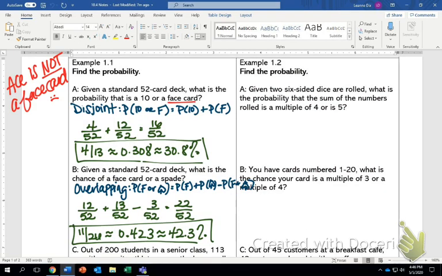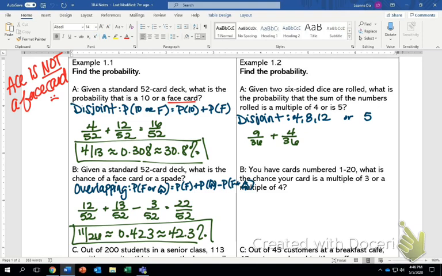So I have to ask myself, is multiples of 4 going to have any intersecting parts with it equaling 5? And the answer is no. So this is actually going to be disjoint data. I can either have 4, 8, or 12, or I can have 5, and they're not the same. So 4, 8, or 12, I have 9 out of 36 options, and then I can add that to 4